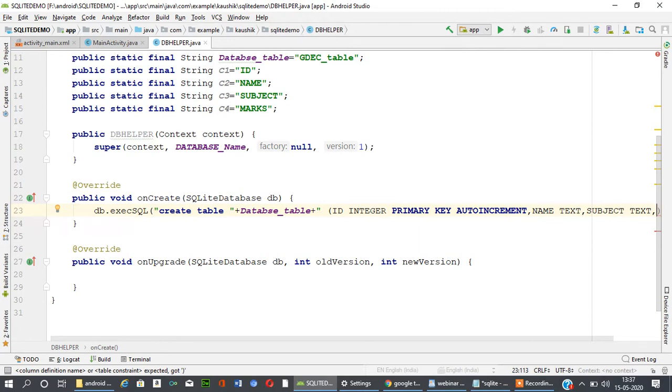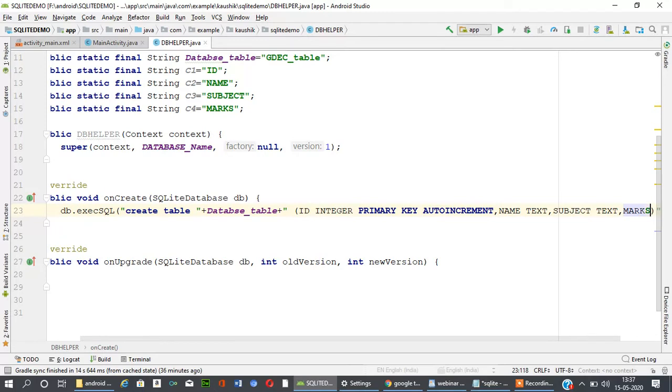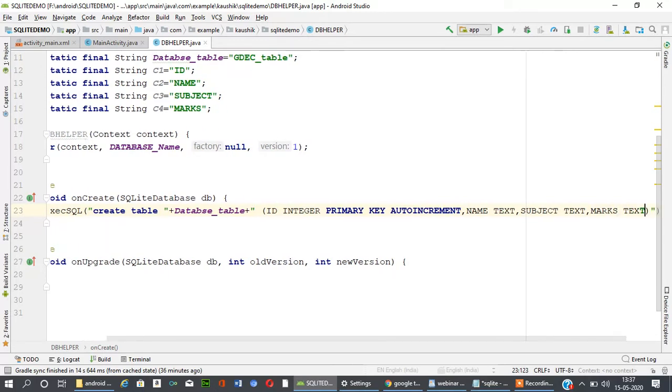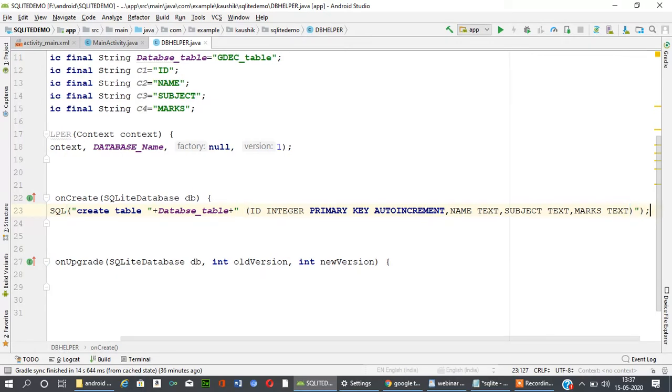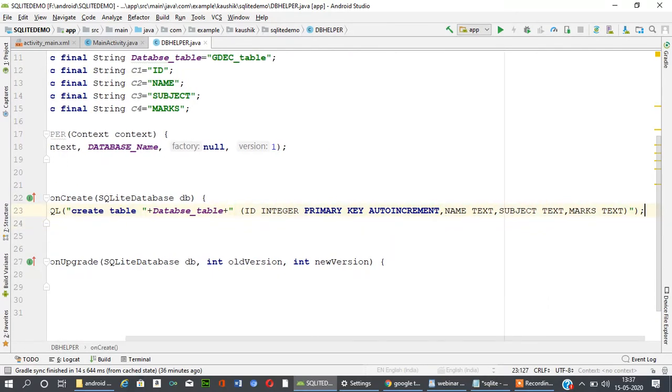The fourth column is marks, so we have four columns: ID, name, subject and marks. It also takes type text. So: create table, table name, ID integer primary key auto increment, name text, subject text, marks text. This one is the query to create a table.